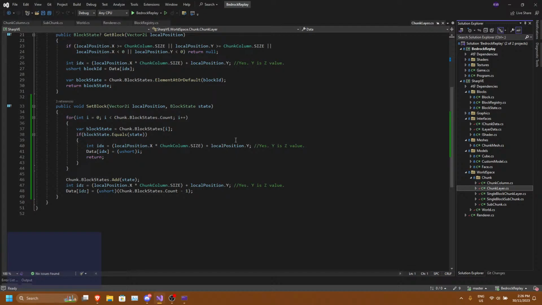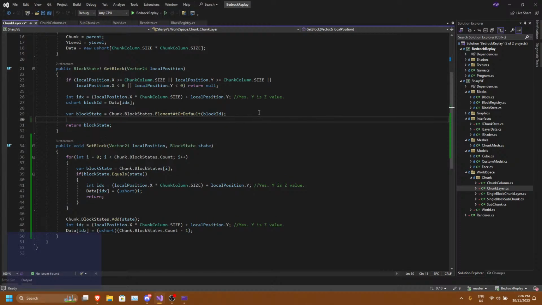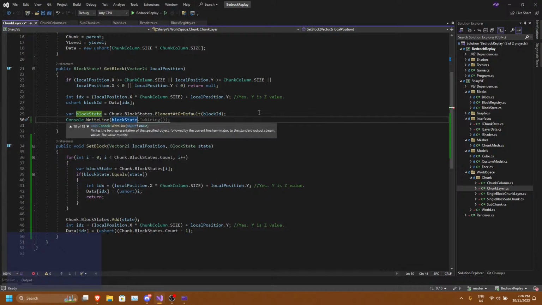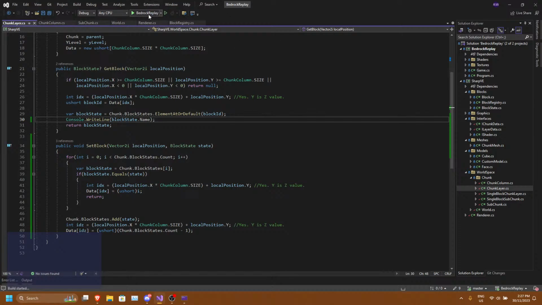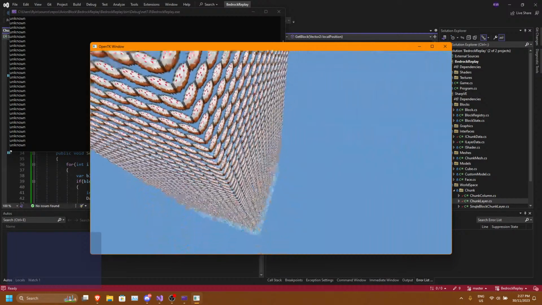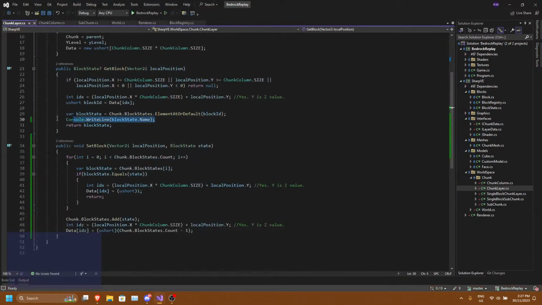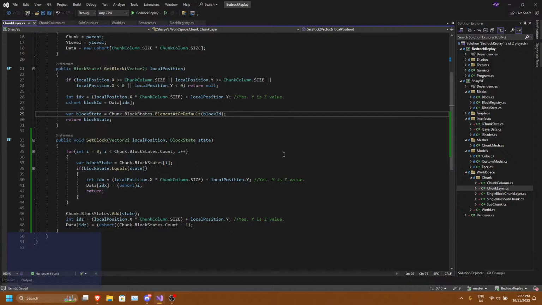We know the chunk column works, but the chunk layer doesn't, so... Okay.